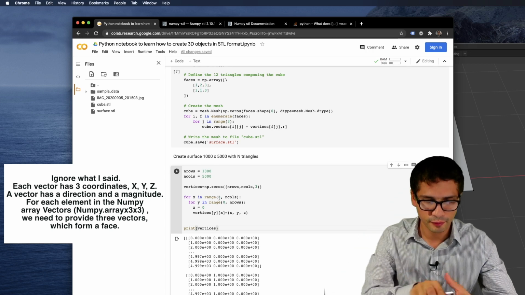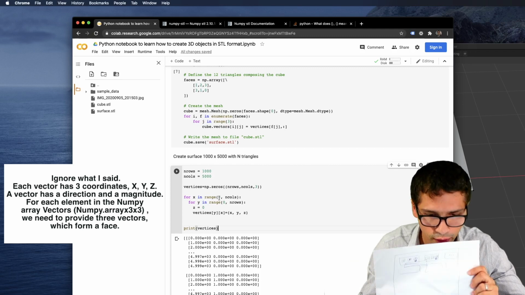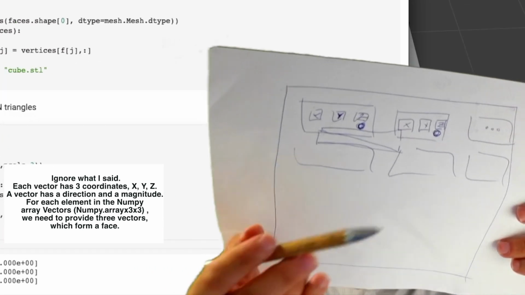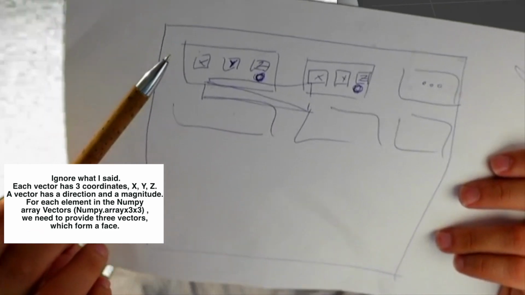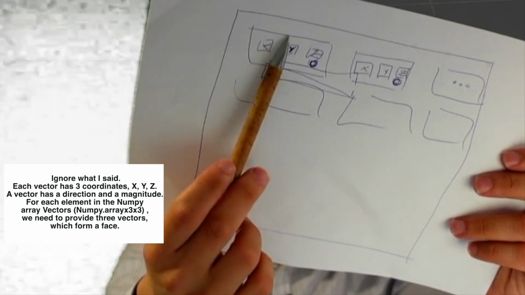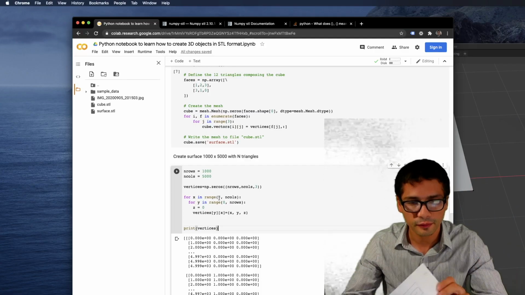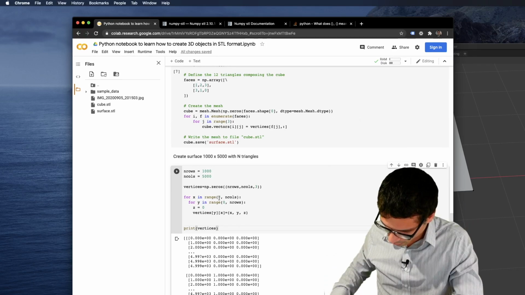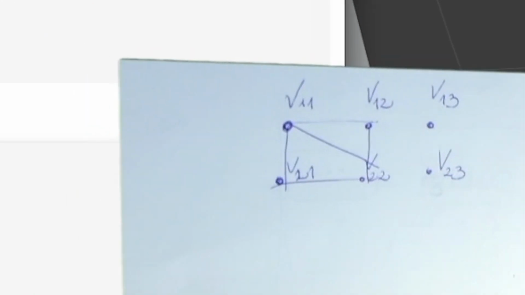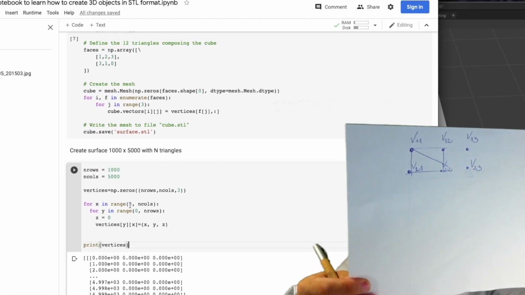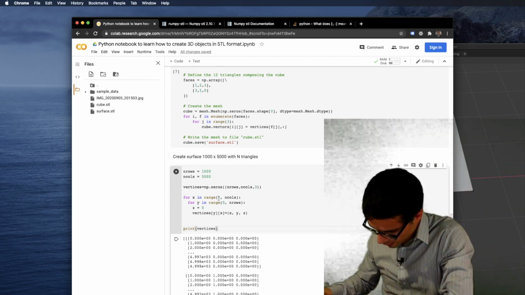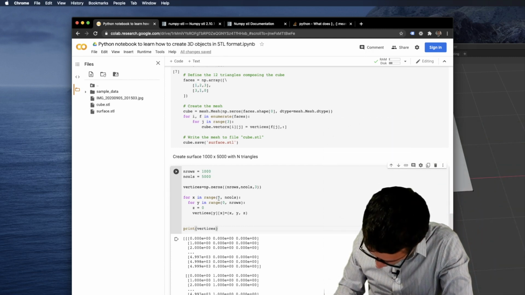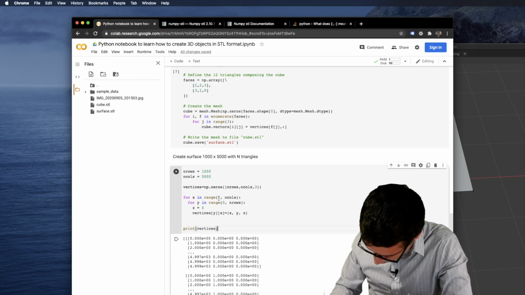Okay, so going back to this, I need to create triangles. Yeah, and so I'm going to be using the vertices, so like this. And this is a face. Face 1, face 2, right?